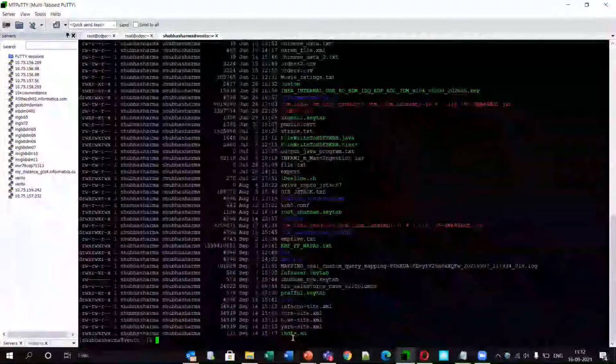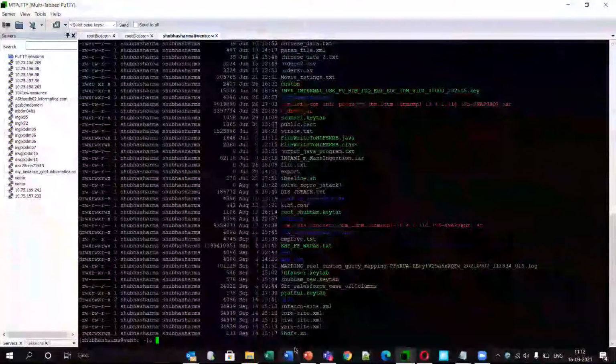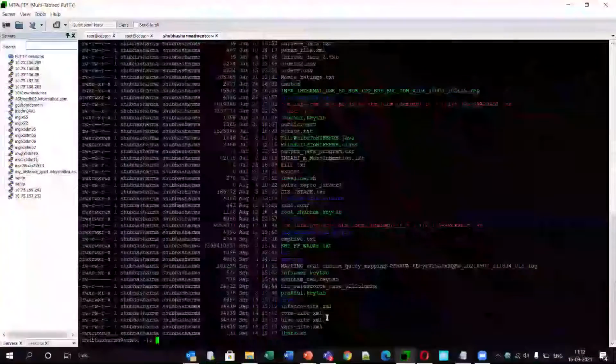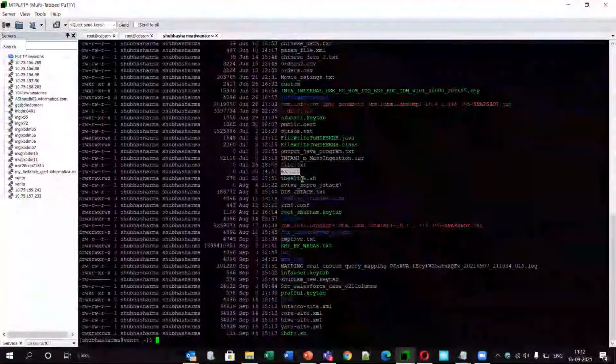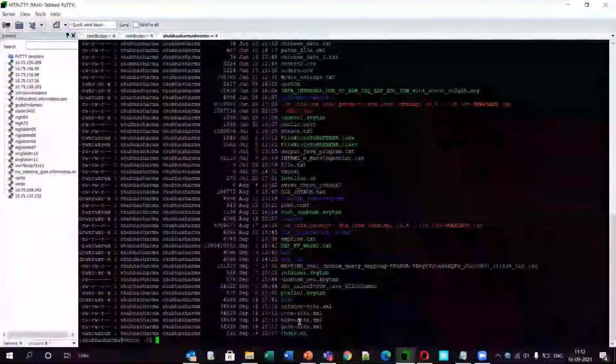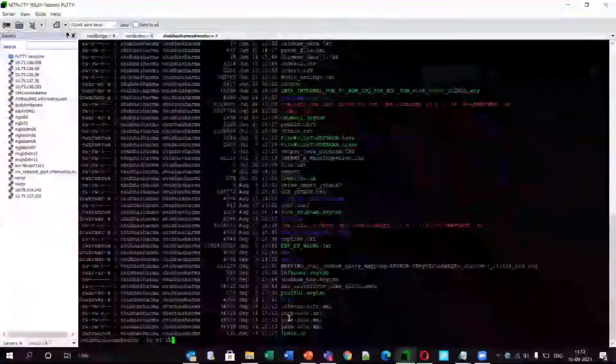Now when we are running isdfs and ibline, what it does is it references this core-site XML, and this references this hive-site XML. So let's see what is inside these two.